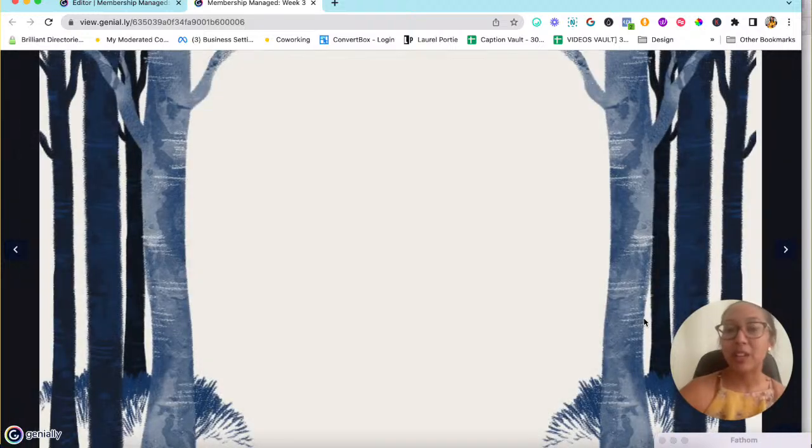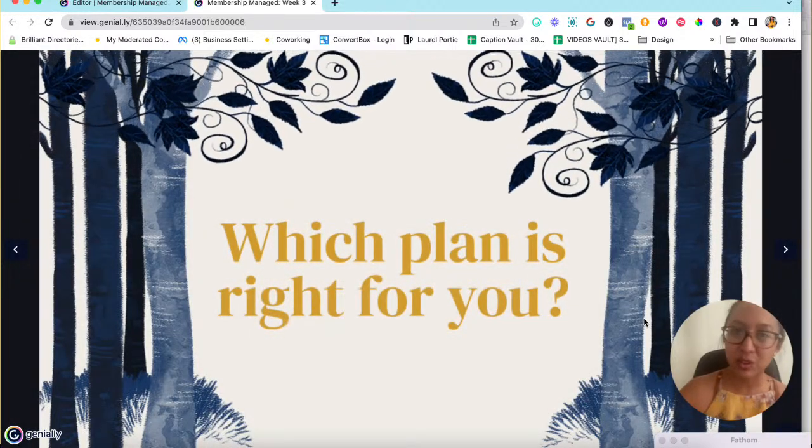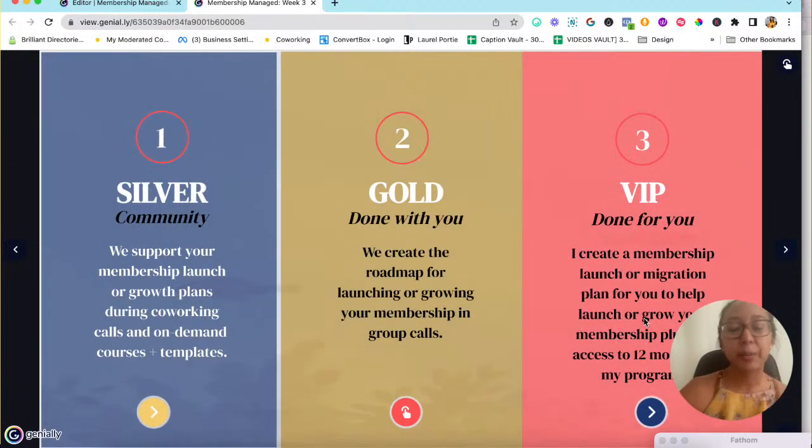Let's talk a little bit more about each of these price points and ultimately which plan is going to be best for you. The silver plan is the community plan. This plan incorporates growth plans where I actually work with you in a group setting so we can get guided implementation time. As we were talking about today, co-working time is a big part of my membership, and I offer weekly moderated co-working time. So not only will you get access to the courses and curriculum, but you'll also get access to ask me questions, get guided feedback, and I've created some additional support options, including implementation times where we can talk through your questions about tech, membership site setup, and so much more.